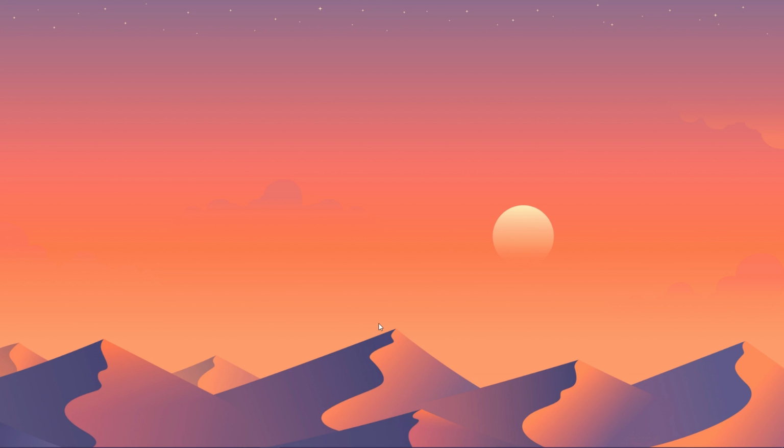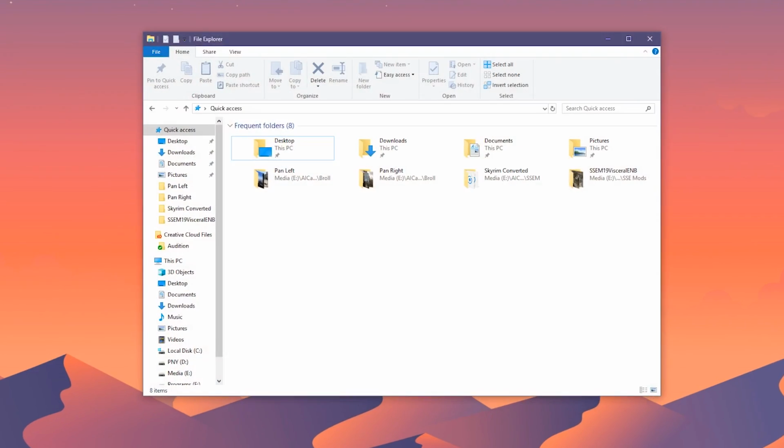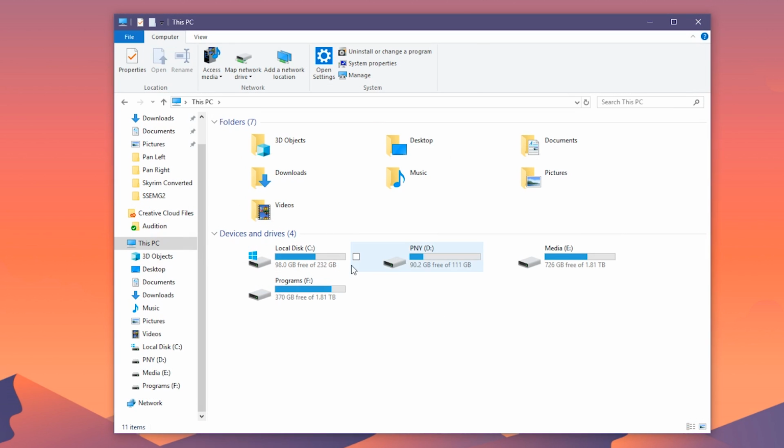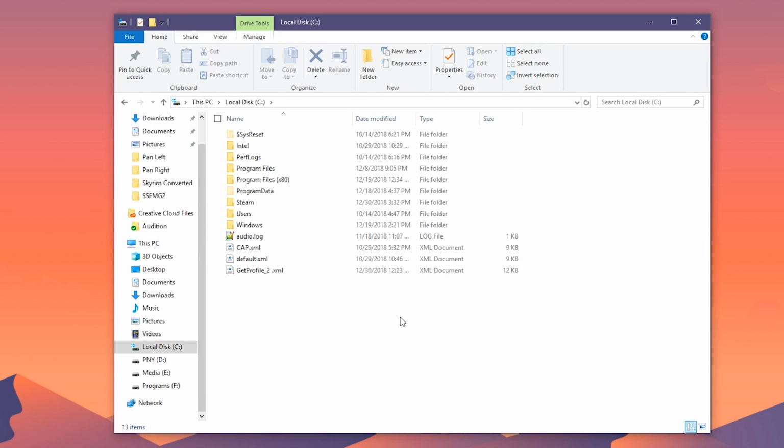Alright, so hopefully now you understand why we need to reinstall our game cleanly. Now, let's talk about where we want to install it. Let's open up File Explorer and head to This PC. As you can see, I have 4 drives on my computer, C, D, E, and F. Yours will most definitely be different than mine. What you will surely see though is a C drive, Local Disk C. Let's open that up. This is the drive where your operating system is installed, and also the one that we